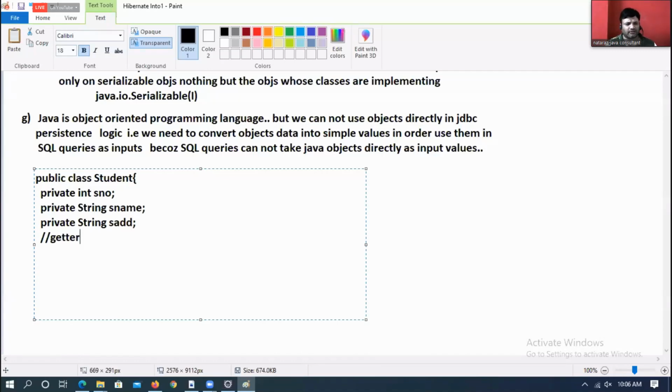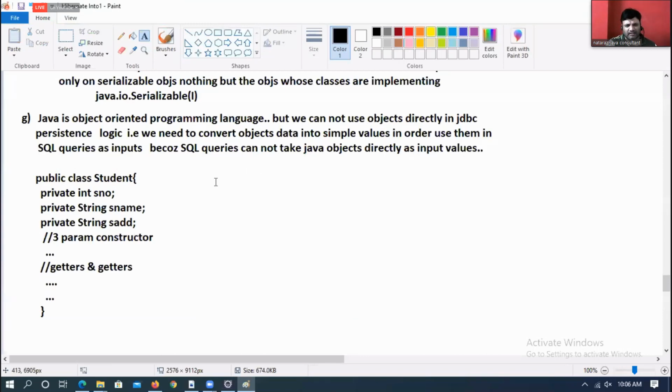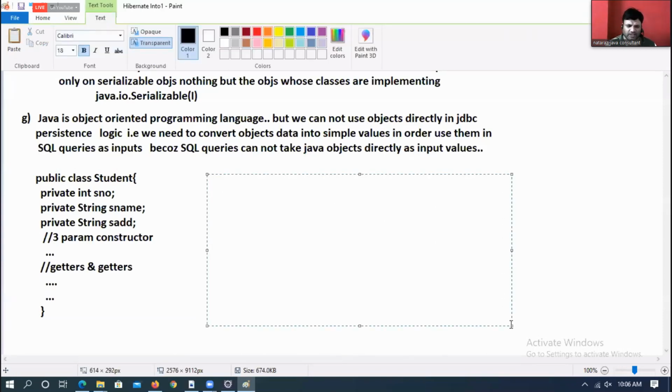Let us assume some getter and setter methods are there. Let us assume a 3-param constructor is also there. Getter and setter methods are there. This is my JDBC code.